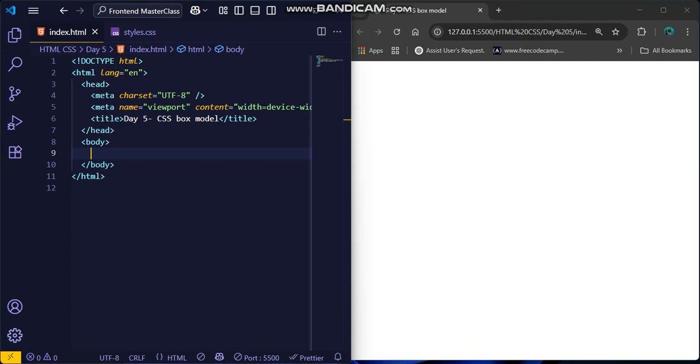Today we are diving into one of the most important concepts in CSS, which is the box model. This is fundamental to understanding how spacing and layout work on the web. Once you master the box model, you will be able to control exactly how elements are positioned and spaced on your pages. We are also going to learn about different display types and positioning, which are the building blocks of web layout. So today's focus areas are: